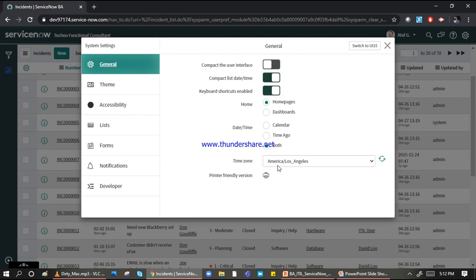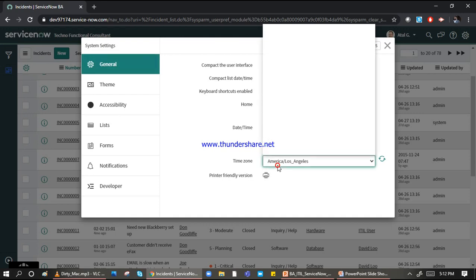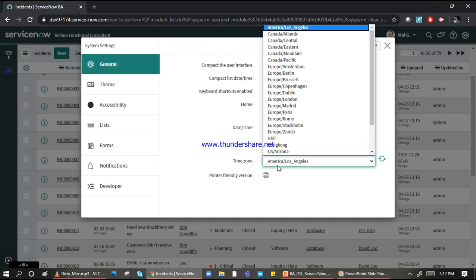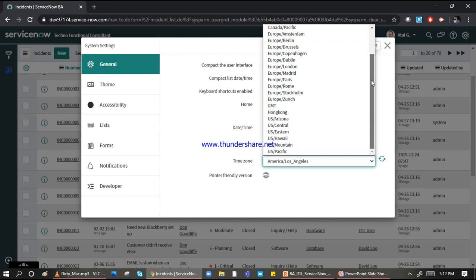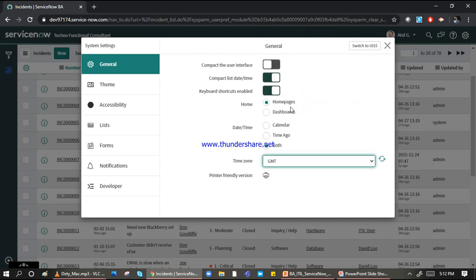This is the time zone. Time zone says in which time zone the user wants to see that particular stuff. So we have multiple time zones available. Okay, so you can click from here. This is totally personalized on the basis of what the user wants. So suppose I want to see from the GMT time zone, so I can click here. Okay, so it will be showing the GMT time zone for me.